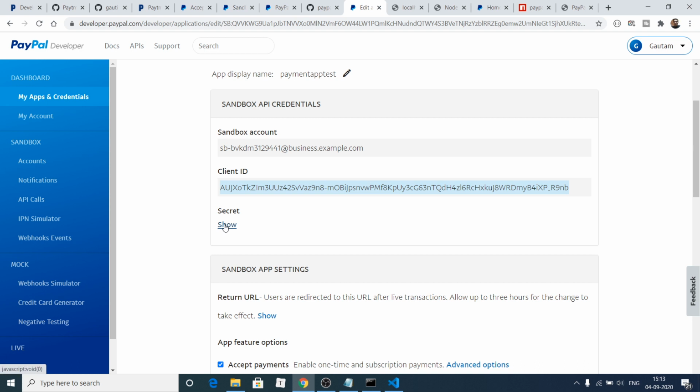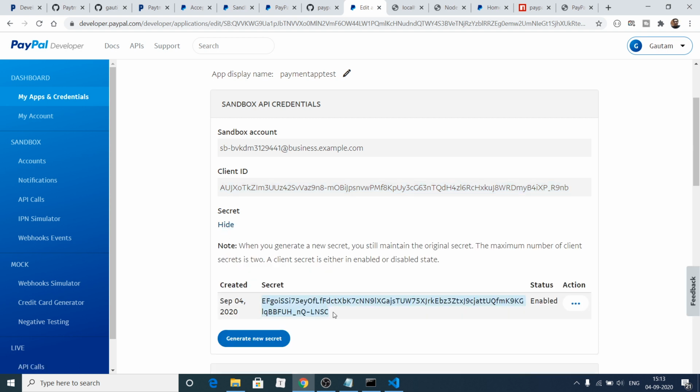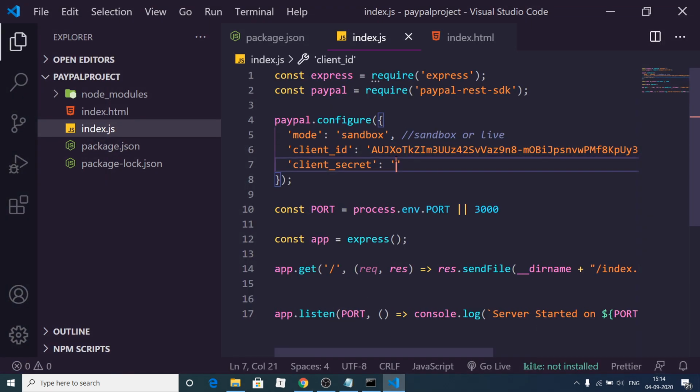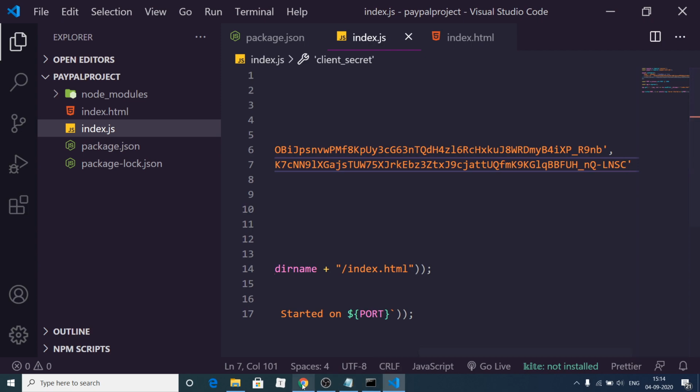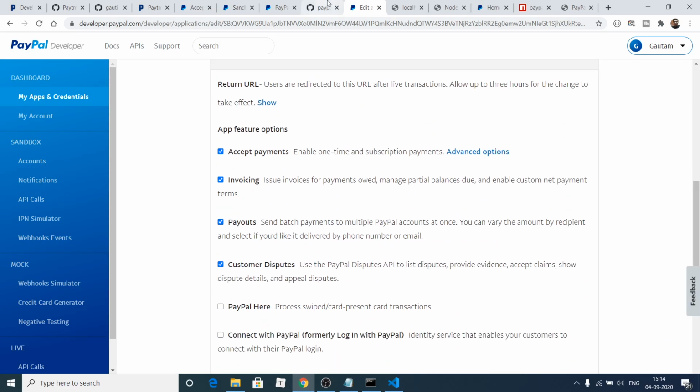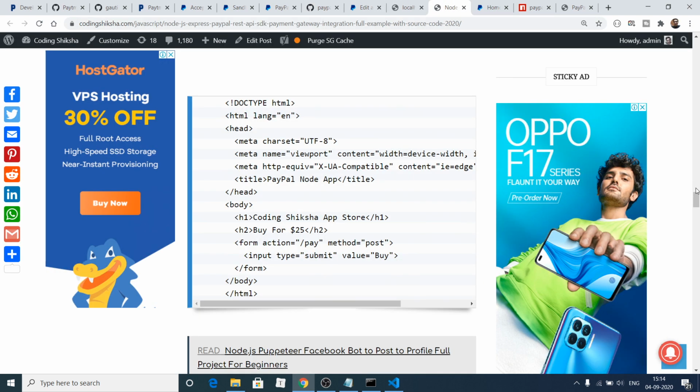And in order to have the secret, click on the show option, and this will give you the client secret. So simply you need to plug these values, copy paste. So now the job is over. So now you need to go to the next step inside the block,